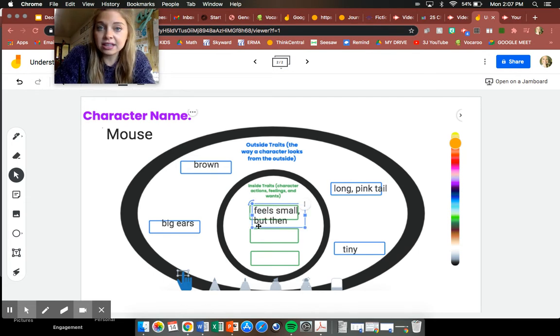But then at the end of the story, he changes, doesn't he? And that's normal. A lot of characters change in different stories, just like we as people change throughout time. So I'm going to say he feels small, but then